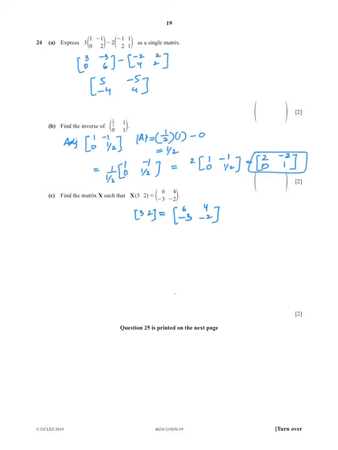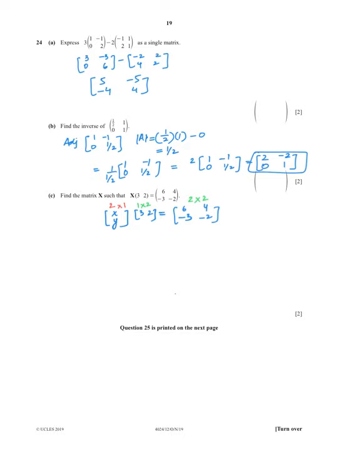First, we need to highlight the order of the matrix. On the right side, the order of the matrix is 2 by 2. The matrix 3 2 has 1 row and 2 columns, right? So for matrix multiplication, I need to match up with this one. So this matrix should have 1 column and it must have 2 rows. So the matrix X must be like this. It has 2 rows and 1 column. So that is my matrix X, represented by x y.